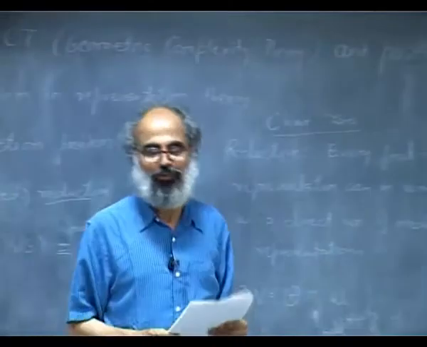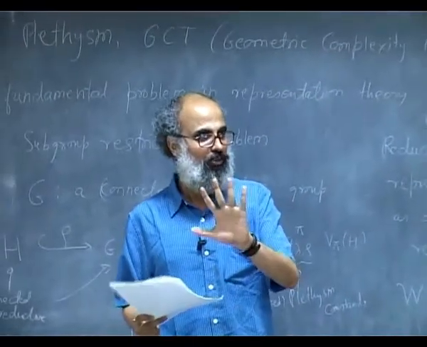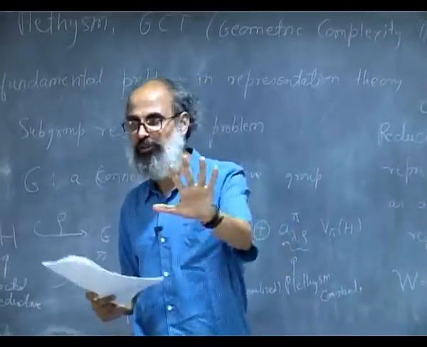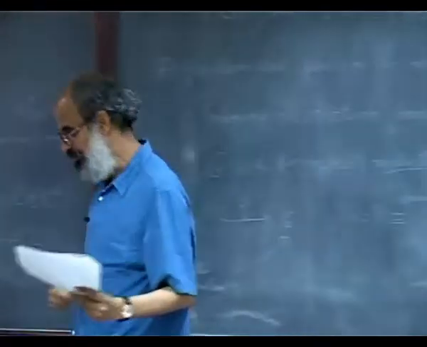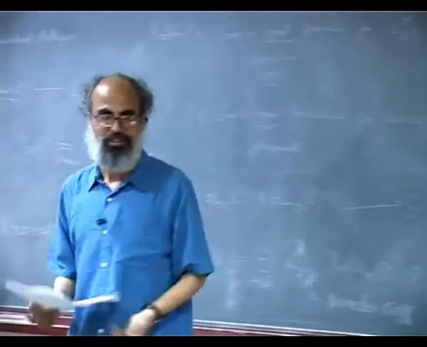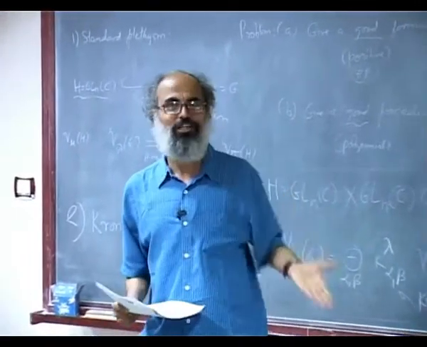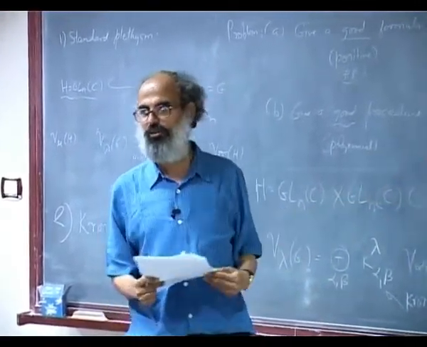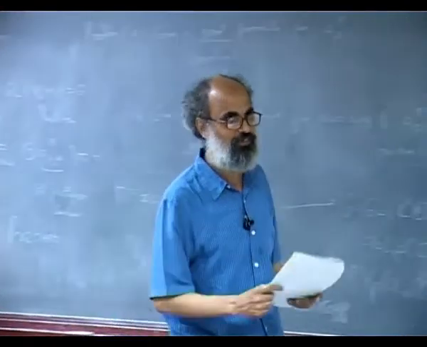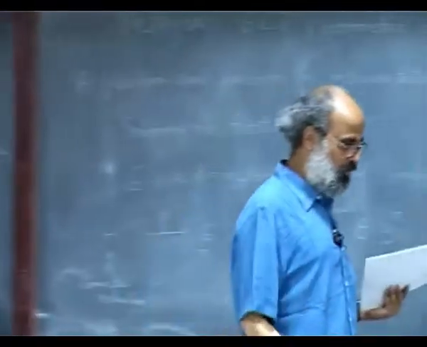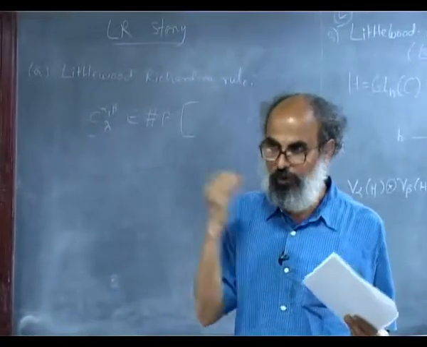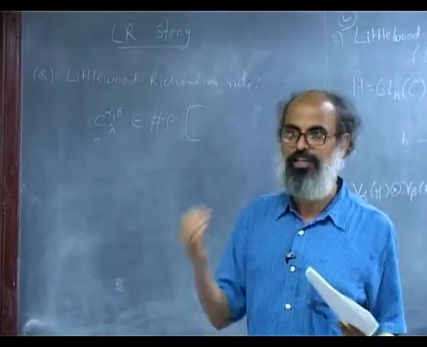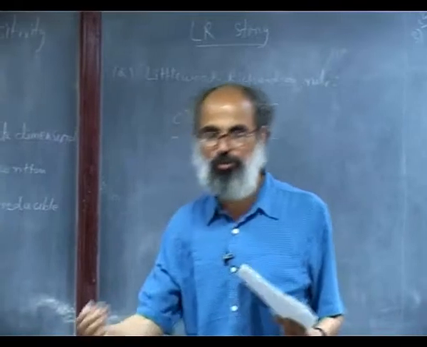For example, knowing if a graph has a Hamiltonian circuit, a circuit that visits every vertex exactly once. Given a circuit, you can easily verify whether it is really a Hamiltonian circuit in polynomial time, in fact even in linear time. So this is a typical problem in NP. A problem is in P if the solution can be found in polynomial time. It is in NP if a given solution can be verified in polynomial time.